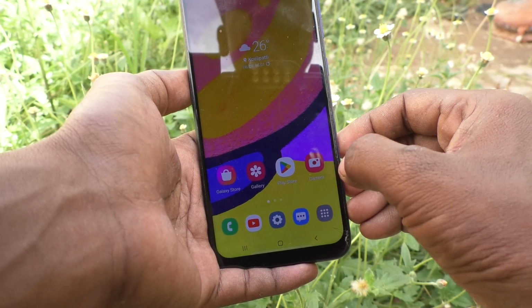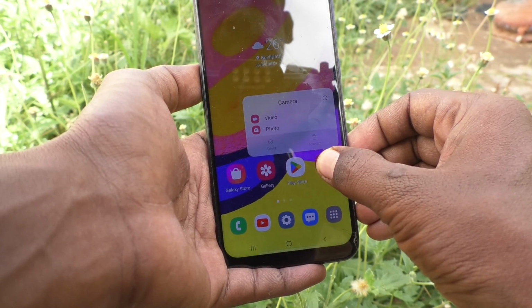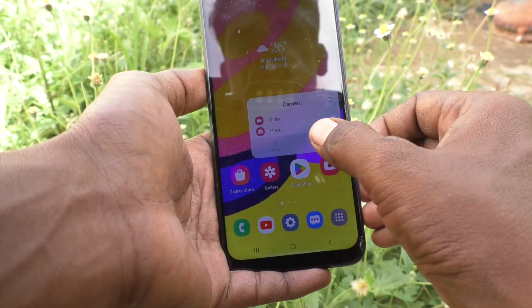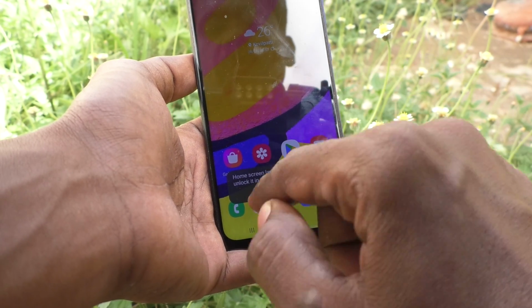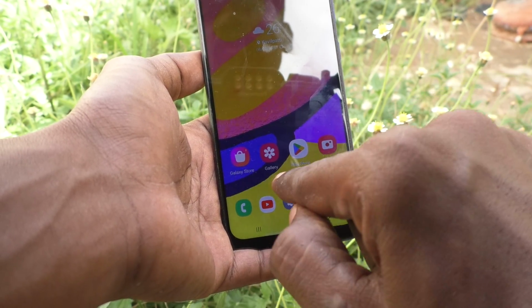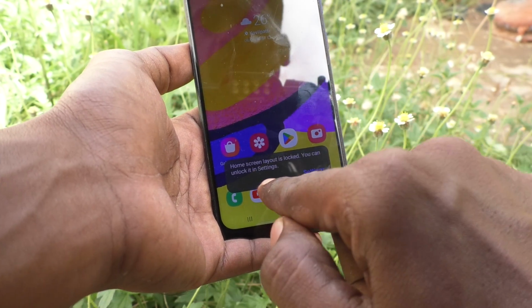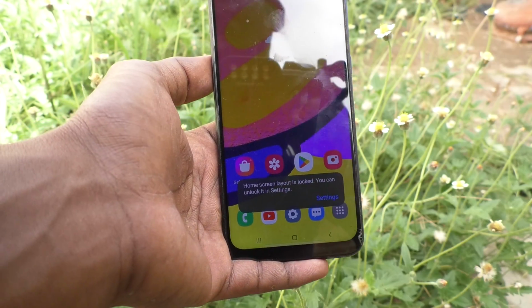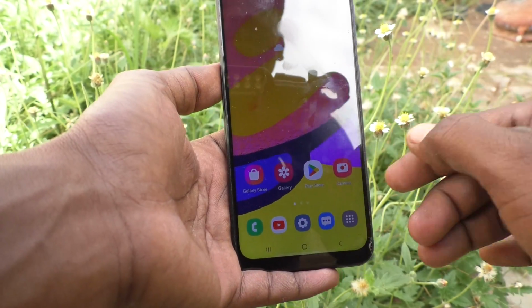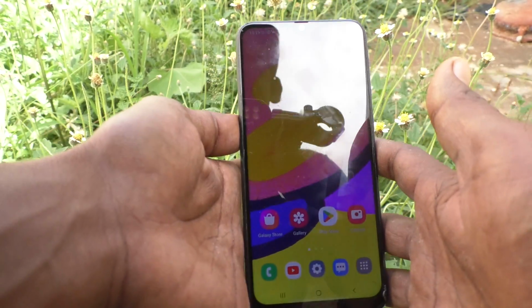I again try for camera, just long press on this camera and remove option is not available. Okay, because home screen layout is locked. Okay, see here, you can unlock it in these settings. So in this way you can easily lock a home screen layout, and